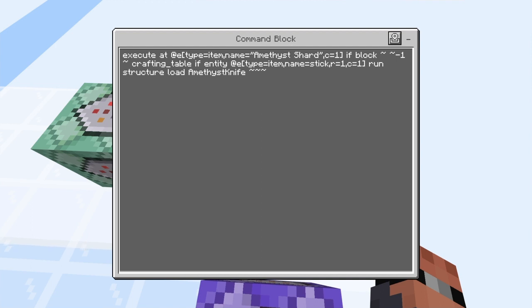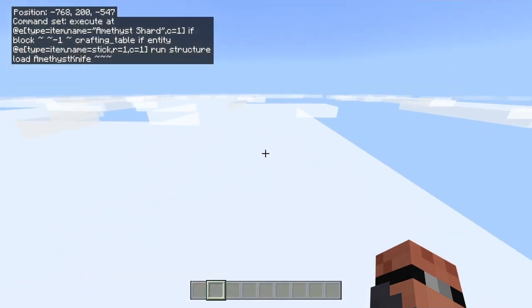Structure, load, and then your structure name, whatever it is, mine in this case is amethyst knife, followed by 3 tildes. So for those of you that don't know what this is doing, basically, in this command, we are checking to see if there are any amethyst